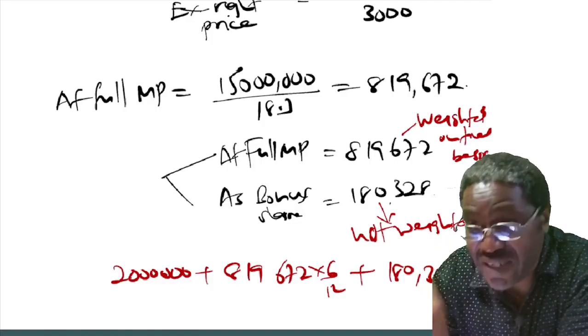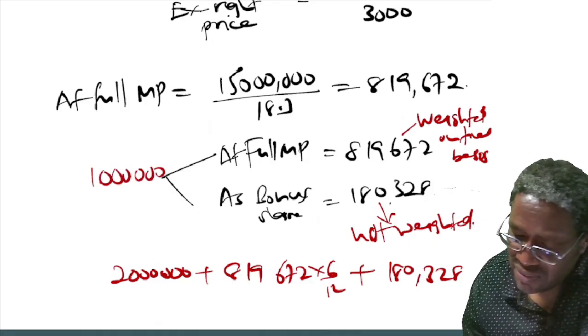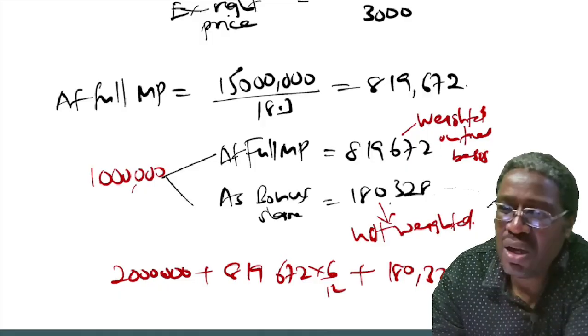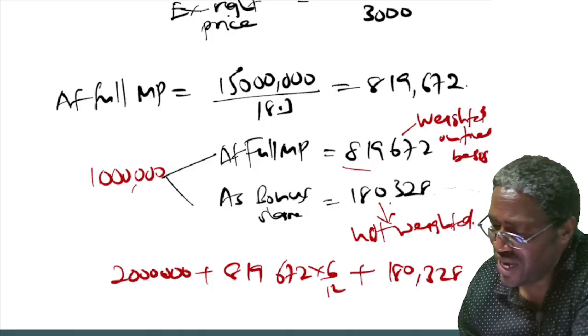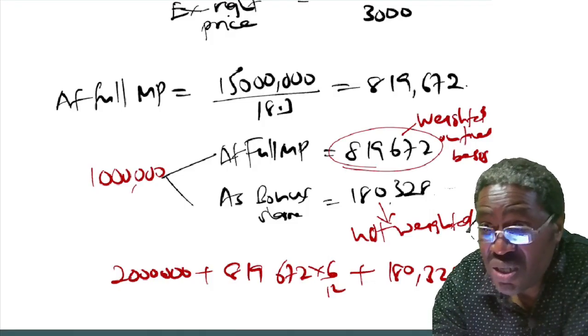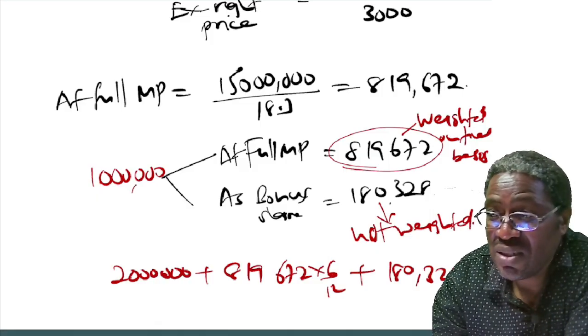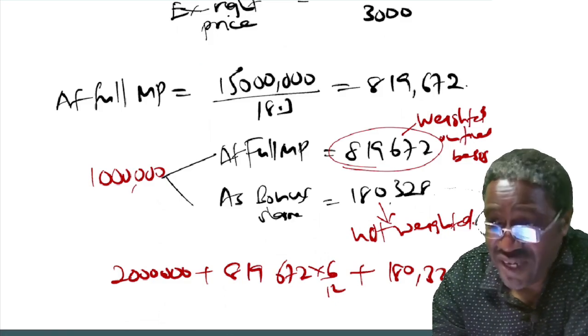I had to separate. Listen, out of this 1 million shares, how many were deemed to be issued at full market price? And that is what we have got as 819,672. Then the difference between 1 million and that,